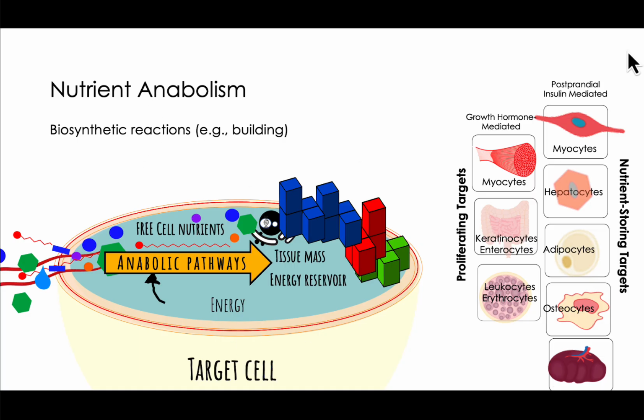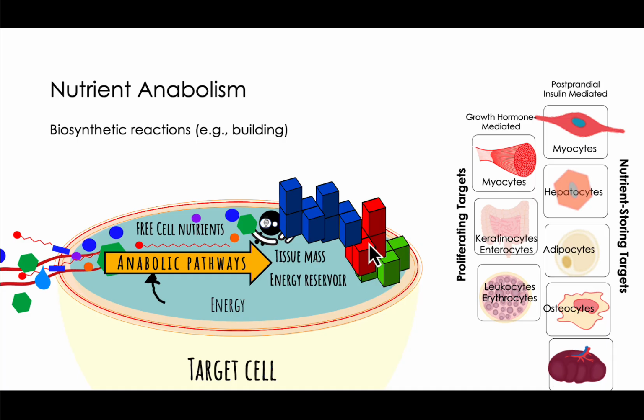The target is where we're storing the nutrients and the cells that are constantly turning over. I just said the cells of the large and small intestine turn over every few days. That's where a lot of the nutrients are going. Right here, this may not look that clear in the picture, but it's bone marrow. That's where the immune cells are made. Boy, that is a target for those nutrients. Also, they don't need a lot of fats to do those nutrient turnover jobs. So a lot of them go to storing depots too, like the fat tissue. So long story short, the cells get the nutrients, they put them through these pathways where they build tissue mass